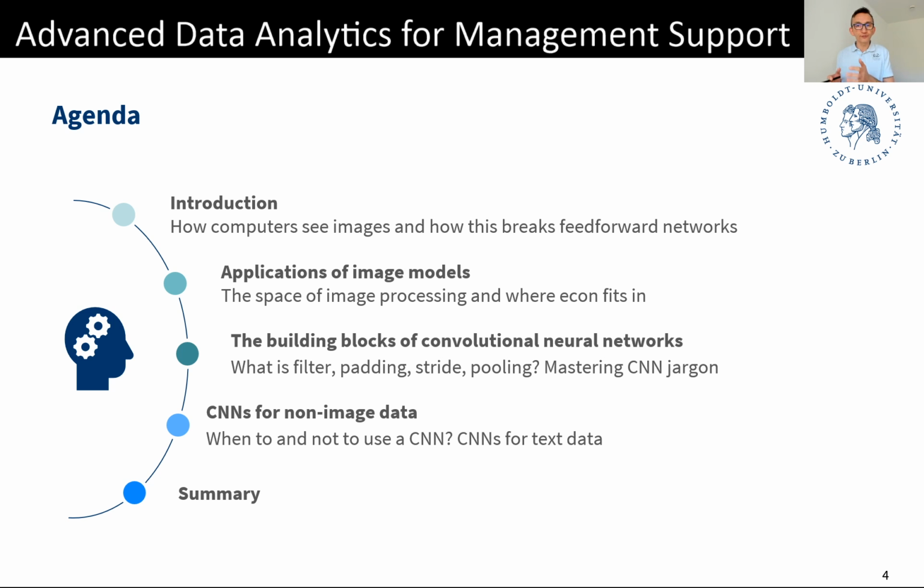And once we understood why they work well in the scope of image processing, we can, in the last subchapter, CNNs for non-image data,